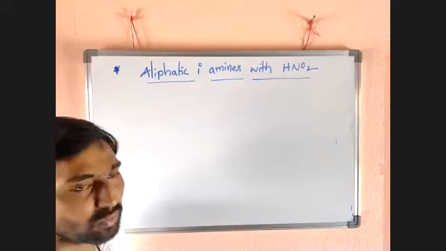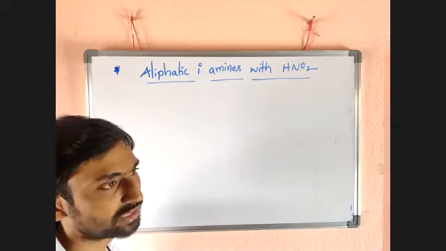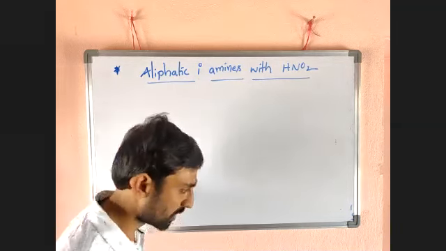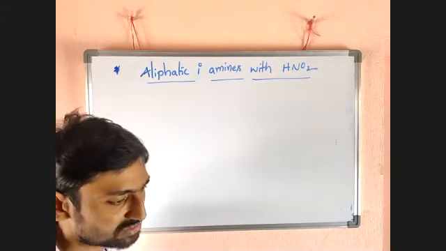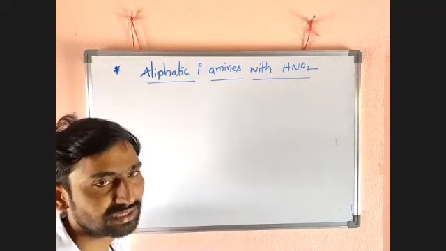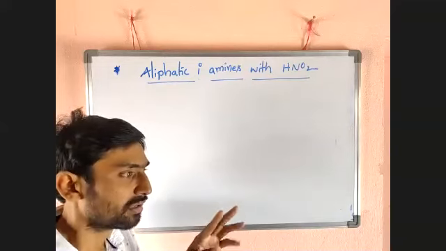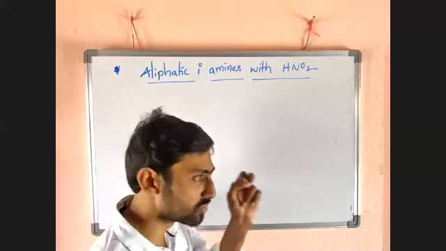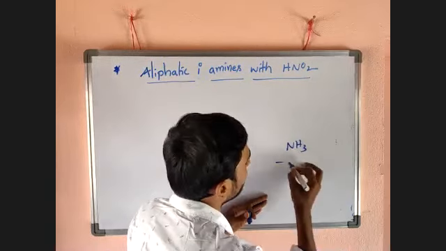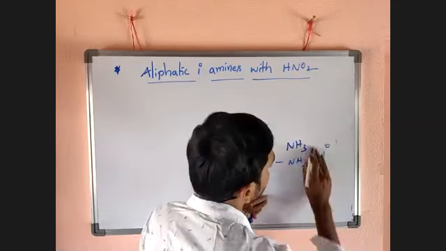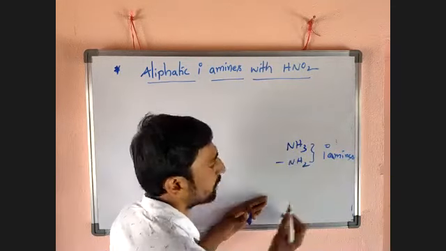In that, primary amine. What are primary, secondary, tertiary? In the case of amines, there is a different way to find whether it is primary or secondary. In the normal case, we said that if a carbon is linked with 1, it is primary; 2, secondary; 3, tertiary. But in the case of amines, we can't decide like that. If nitrogen possesses 2 or more hydrogens, for example NH3, NH2, these are primary amines.